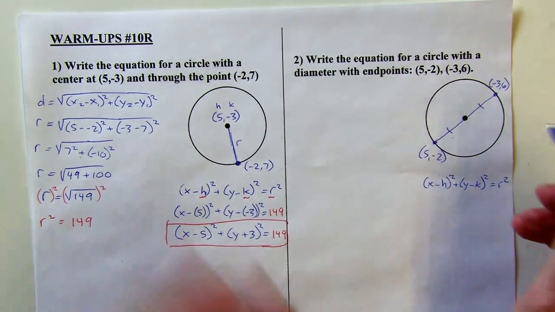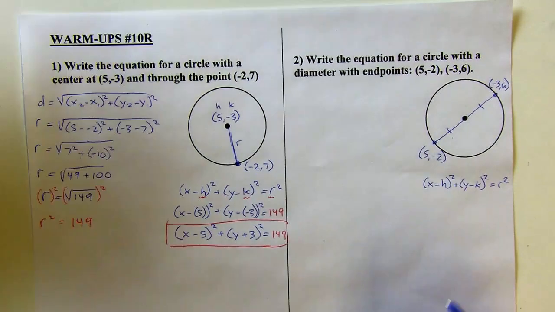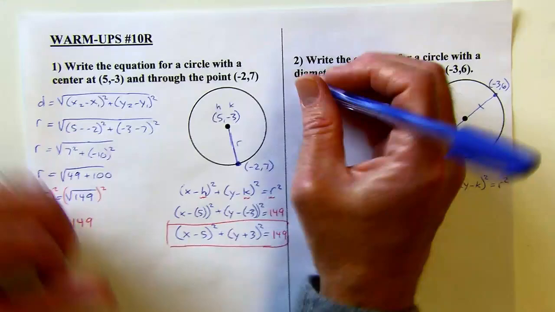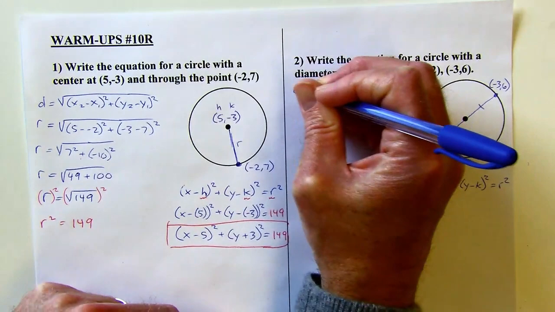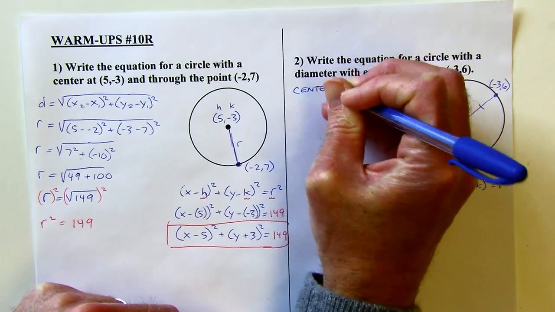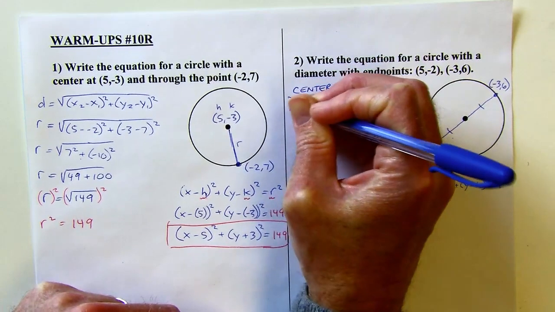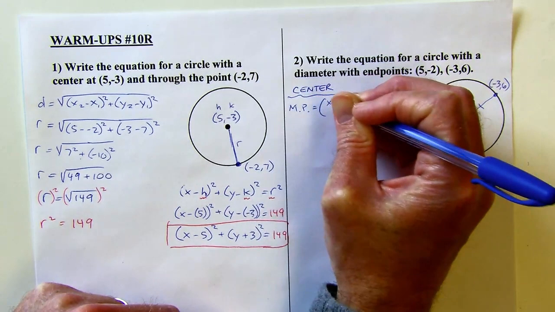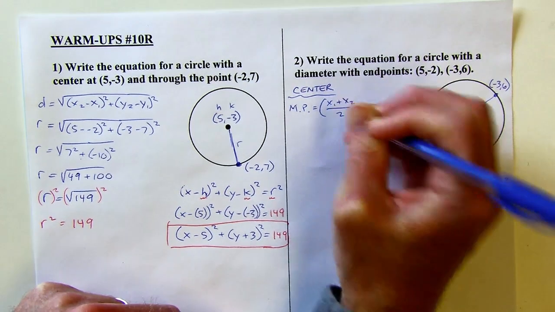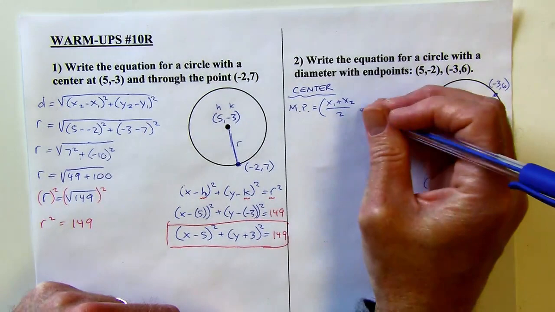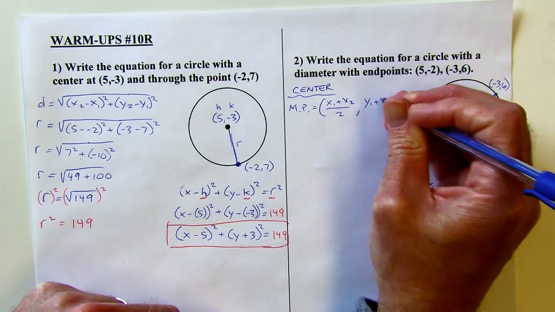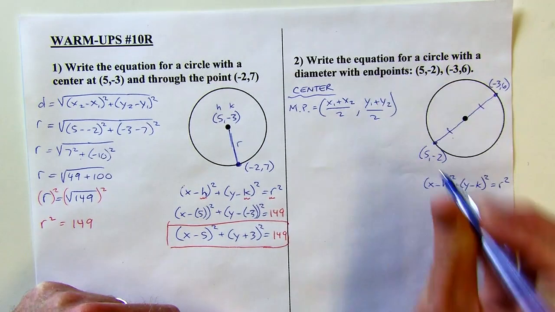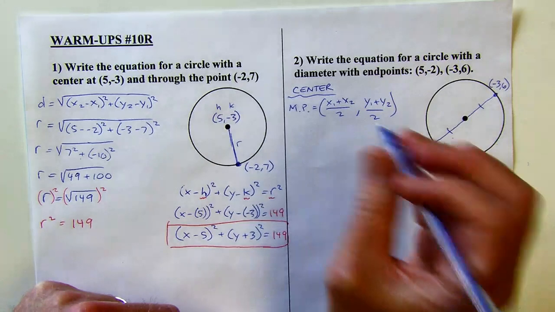So what I can do is use the midpoint formula to get the center. So the midpoint formula is where you average the 2 x's and you average the 2 y's. That's how I'd average the two x's, right? And if I wanted to average the y's, I'd add them together and divide by 2. So that's what I'm going to do with these two endpoints. So my midpoint here,